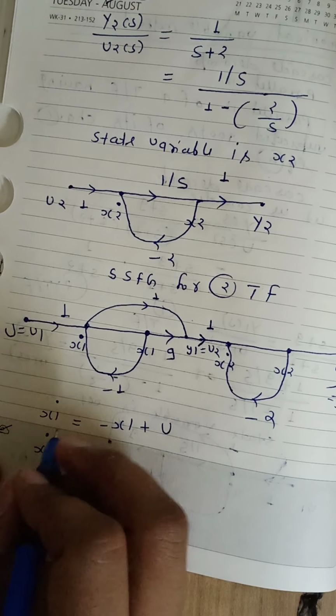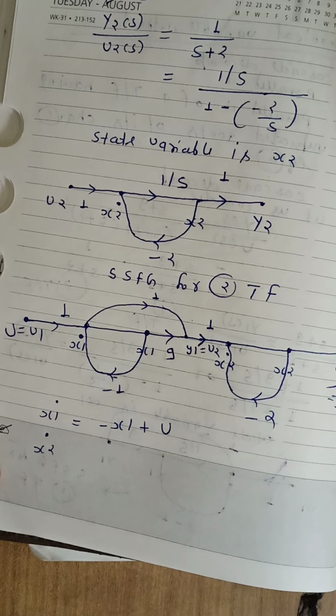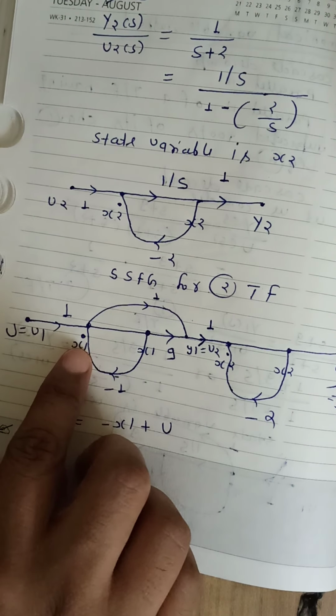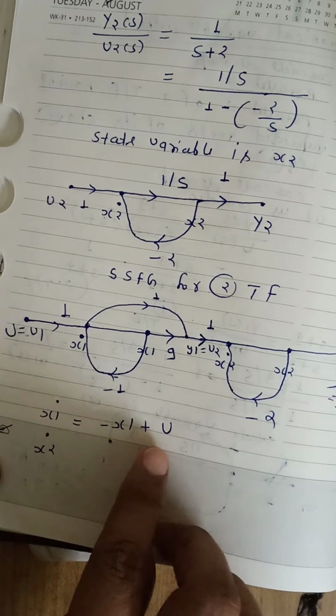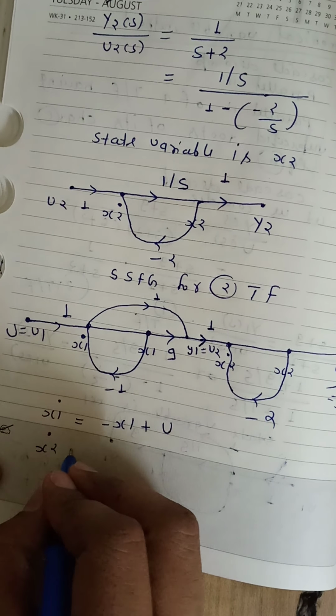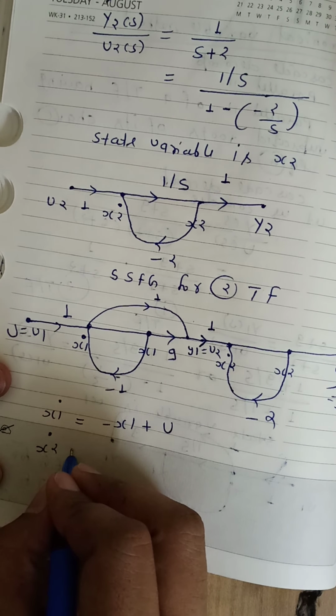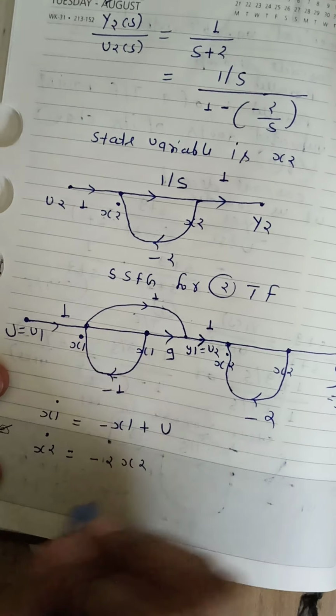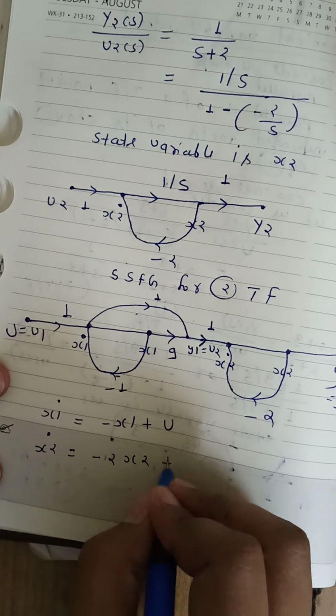Similarly, the second state equation x2 dot, because we have two state variables x1 and x2, that's why we have two state equations. First we write for x1 dot, second we write for x2 dot. So from the diagram, x1 dot is minus x1 plus u, and x2 dot we have minus 2x2